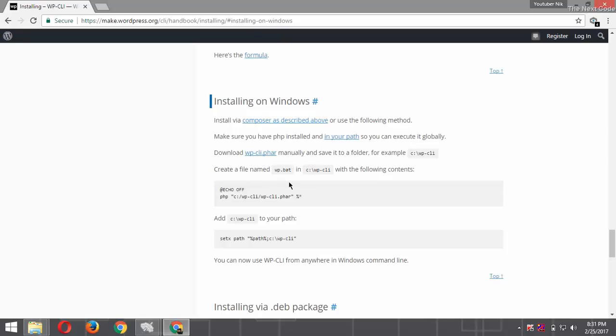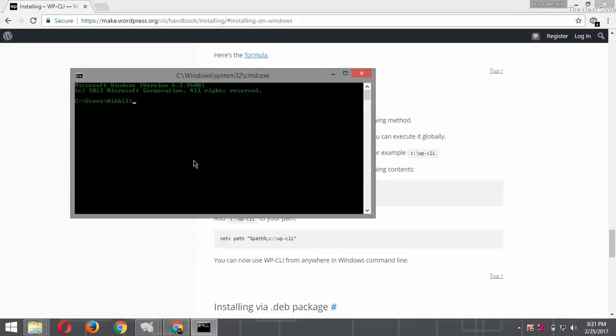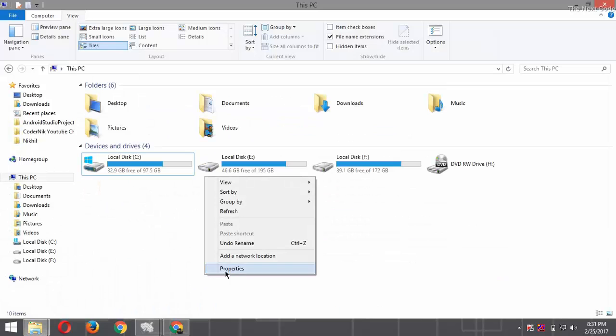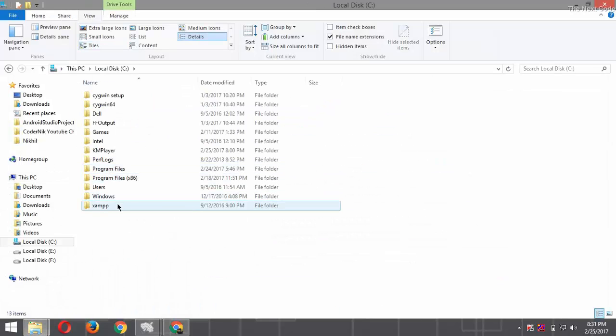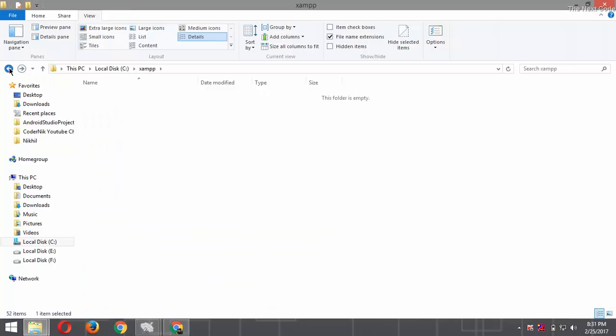Before you do anything, you need to make sure you have PHP installed and in your path, so that you can execute it globally. Like here I can show you I have PHP in my path. If I type php -v, which means version, then I can see the version. I have installed PHP via XAMPP. Here you can see a PHP. I have copied this path, and then